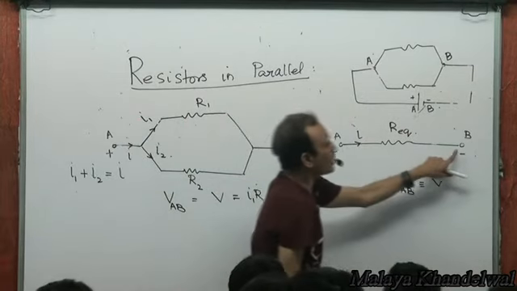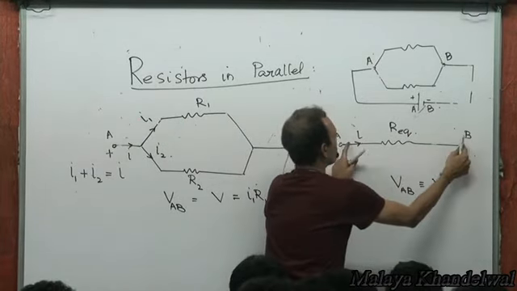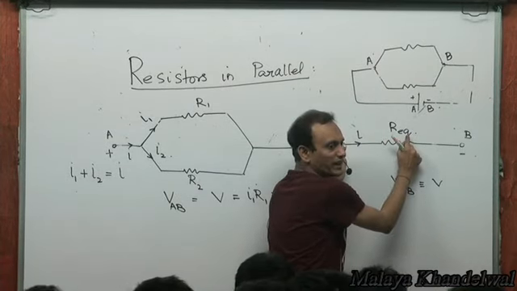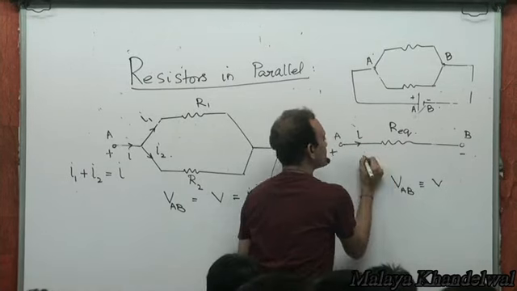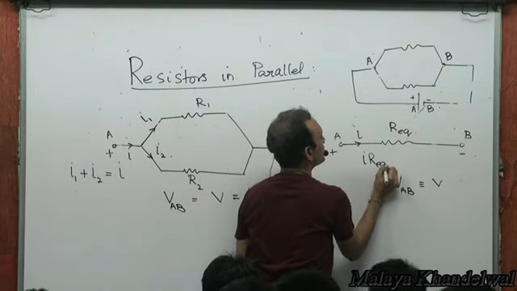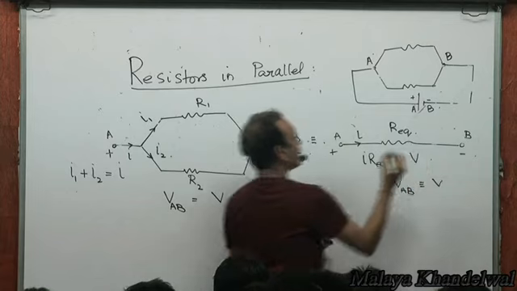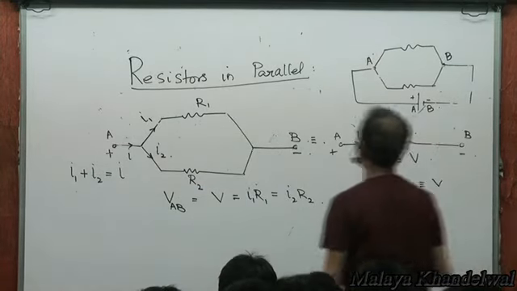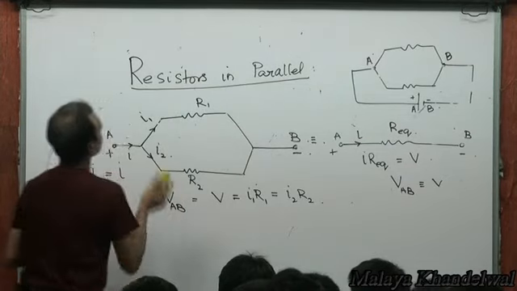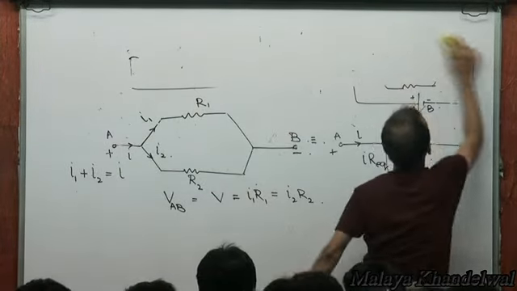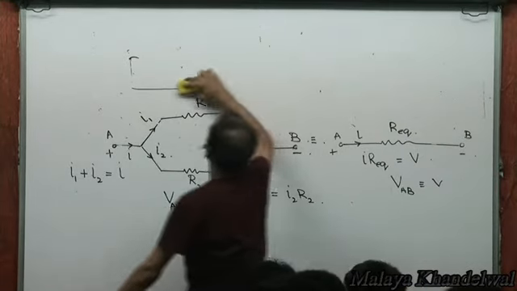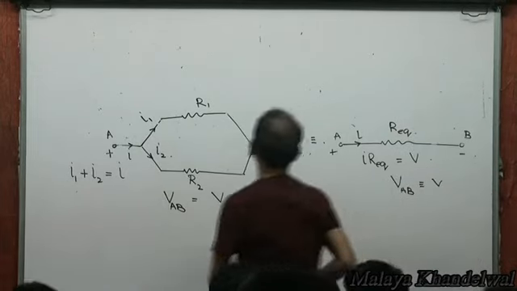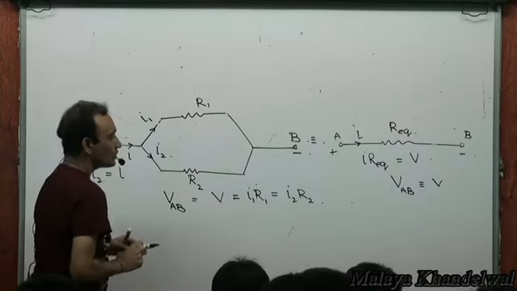Now, if the drop across this is V, that means from A to B the drop is V, which is like I into R equivalent must be V. So, I into R equivalent must be, right? So, as you can see,